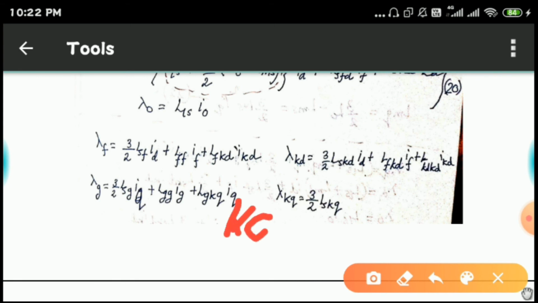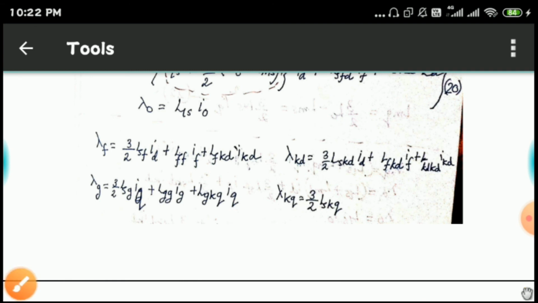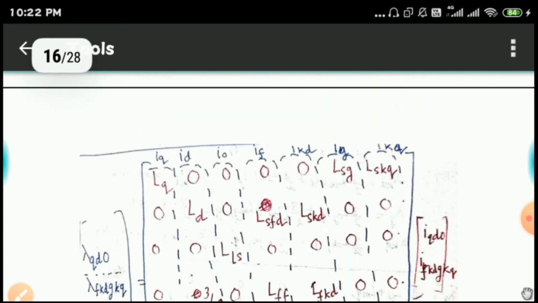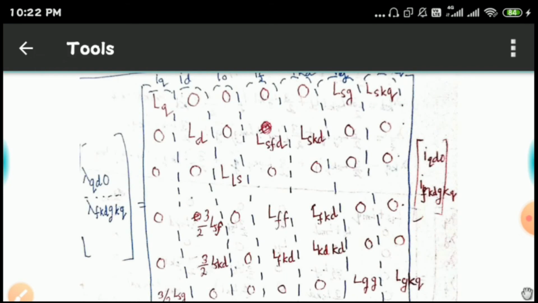Right. Now all these are more or less okay. So let us move to the next one. Here, please note this matrix. This is a very interesting matrix. Here you can see